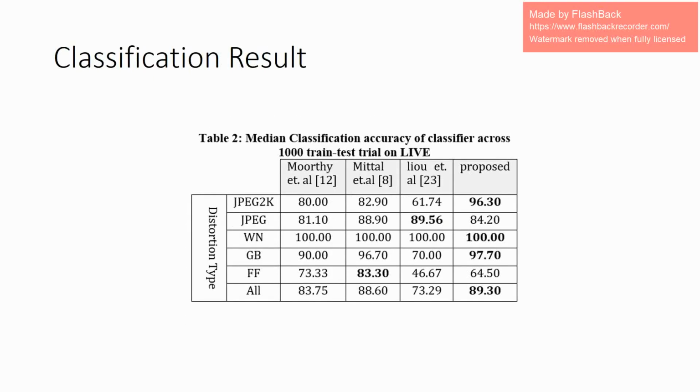Also, in this table, you can see the classification accuracy for different types of distortion, and for 4 different methods, including our proposed method, which you can see for most of the distortion types, our accuracy is higher than